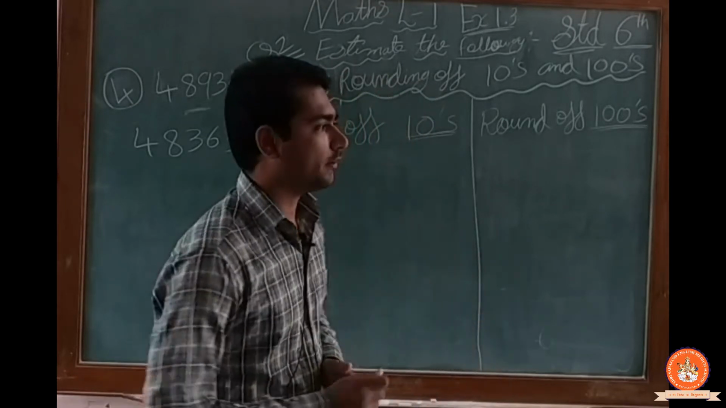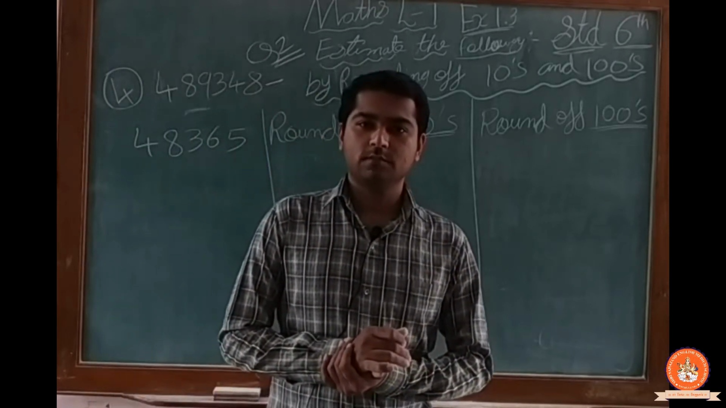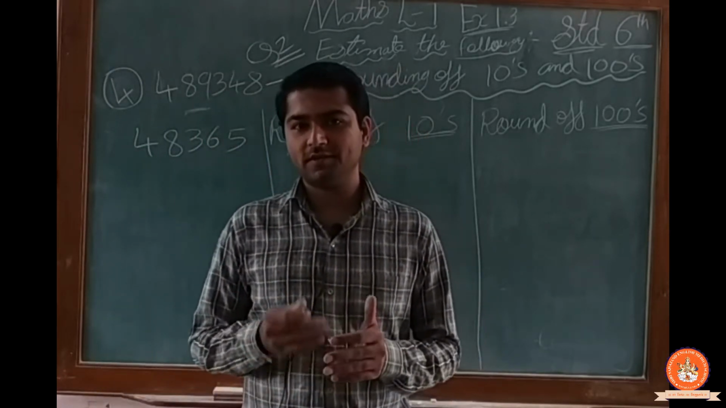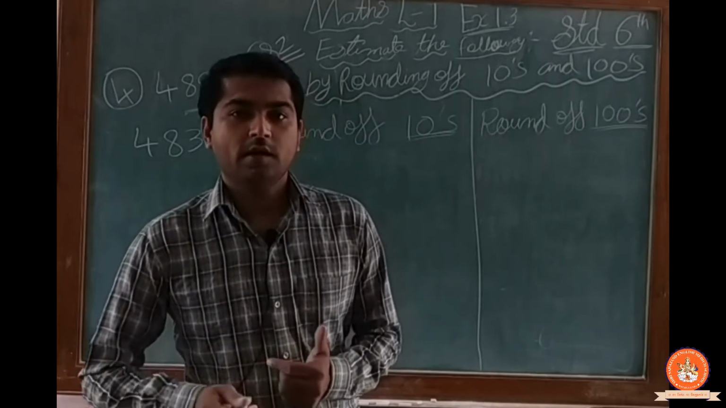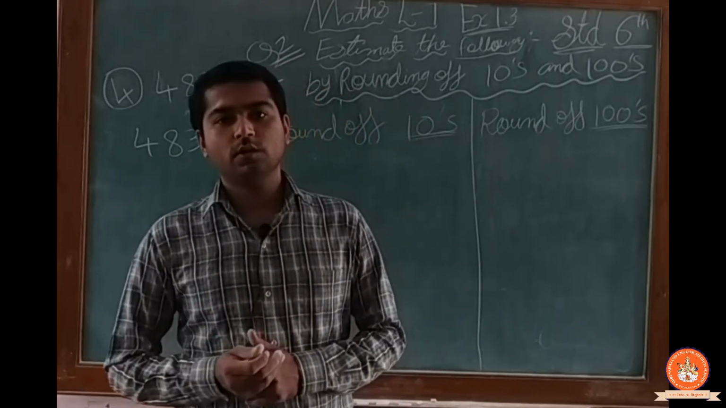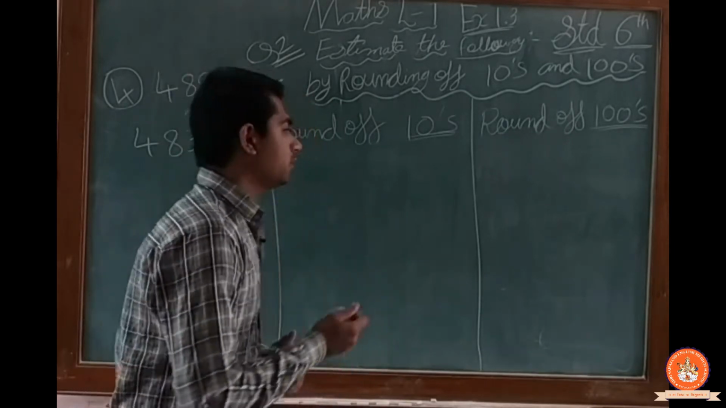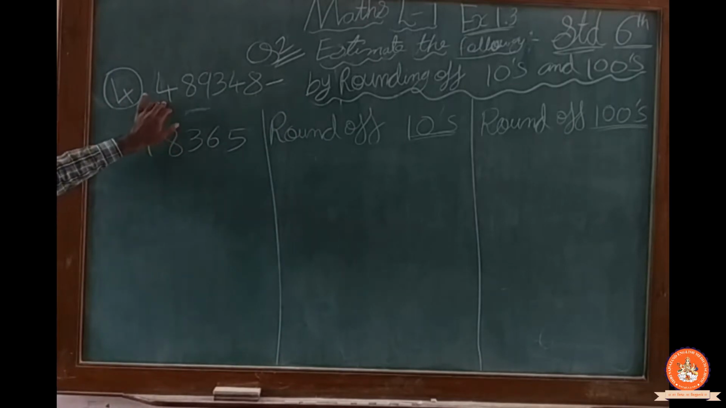In chapter number 1, Knowing Our Numbers, in last part 7 we had discussed question number 1 and question number 2 of exercise 1.3. In question number 2 we had completed 3 sums. Now we will continue question number 2, and we will see the fourth sum. So which sum is that? The sum is